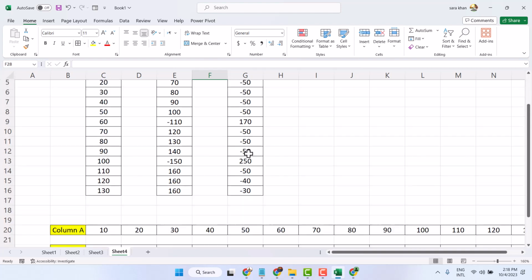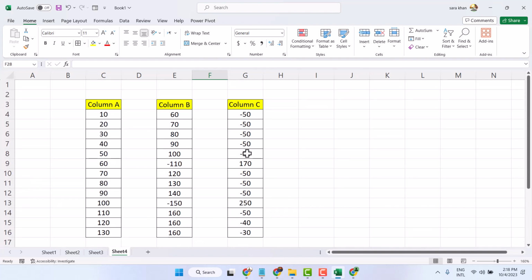Hello friends, in this video I will show you how to subtract column or row